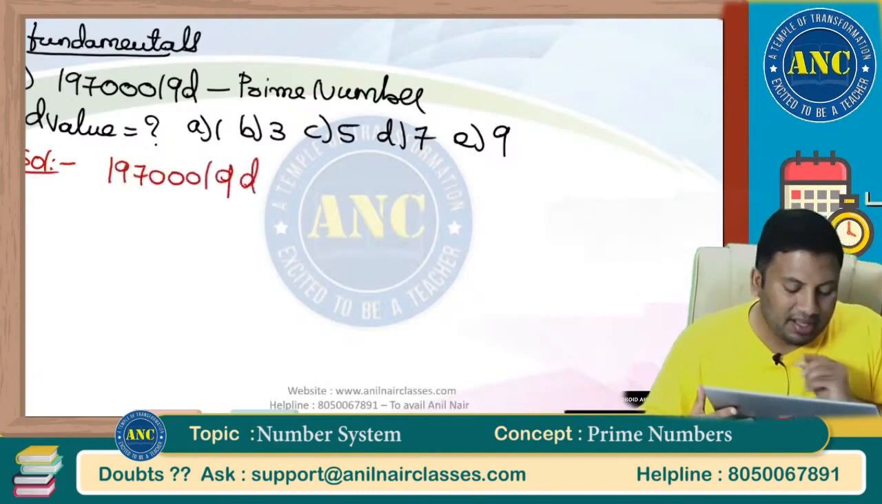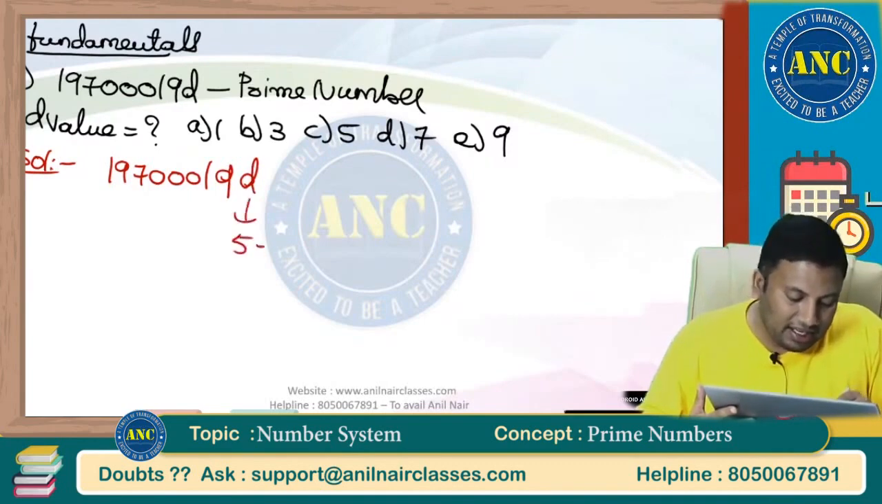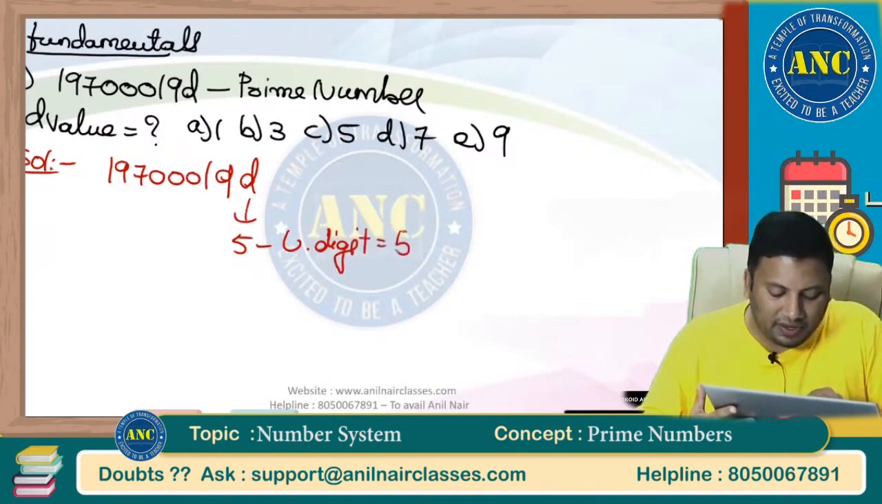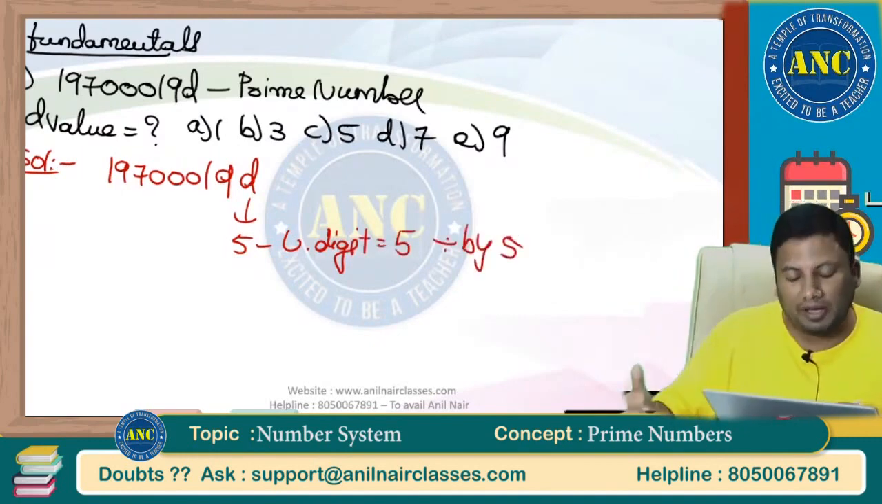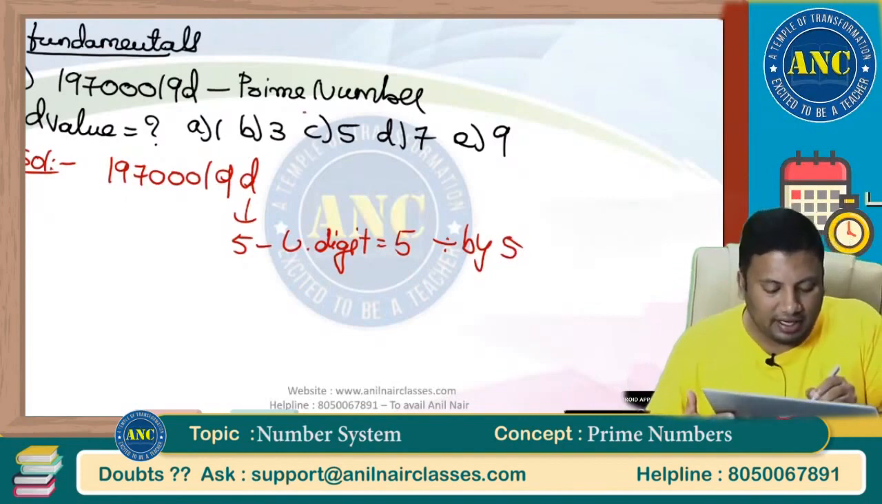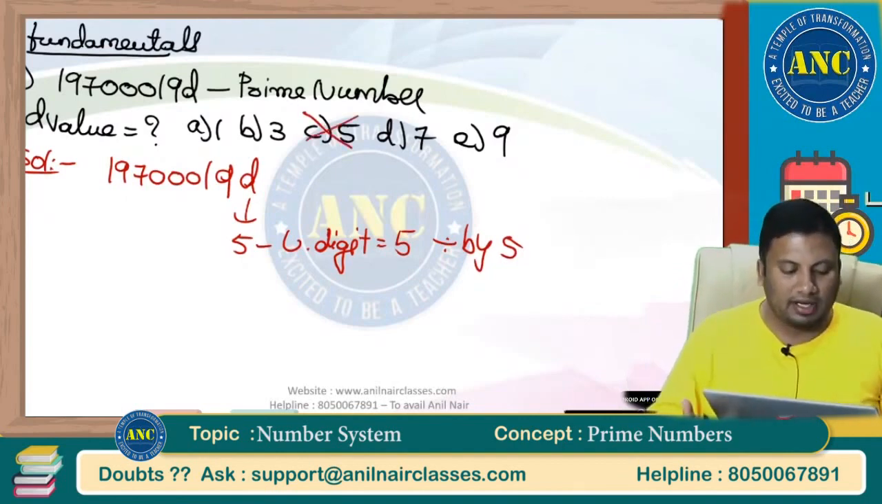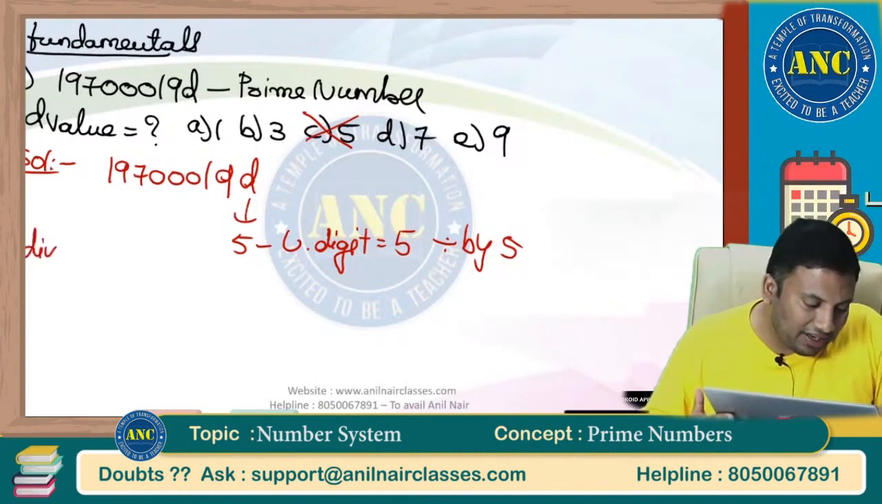197000019D. If D is 5, if the unit digit is 5, the answer will be divisible by 5. Any number divisible by 5 will become a multiple of 5, so it is a composite number. It is out. Next, if I take the divisibility rule of 3,